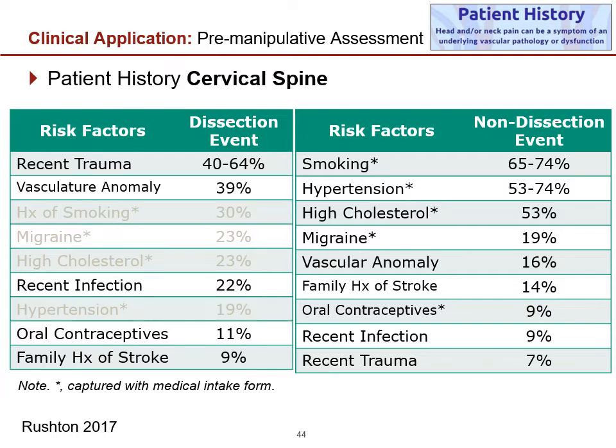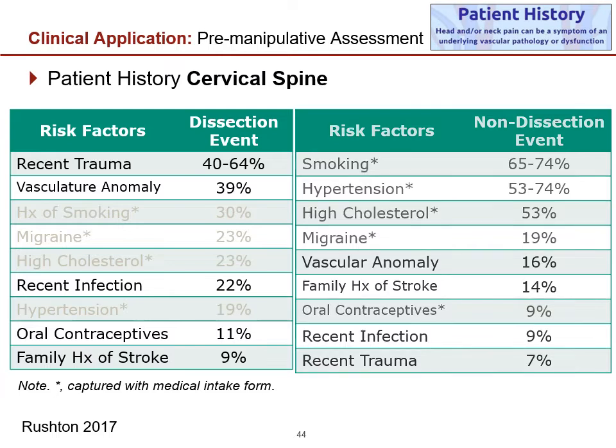Vascular anomalies, they may not otherwise know that, but you'll be screening and asking them for that. And then when it comes to oral contraceptives and the infection, you're also going to know this based off their medical chart. Family history of stroke is not a common question that I ask, but perhaps I should. Again, this was only present in 9% of the dissection events,